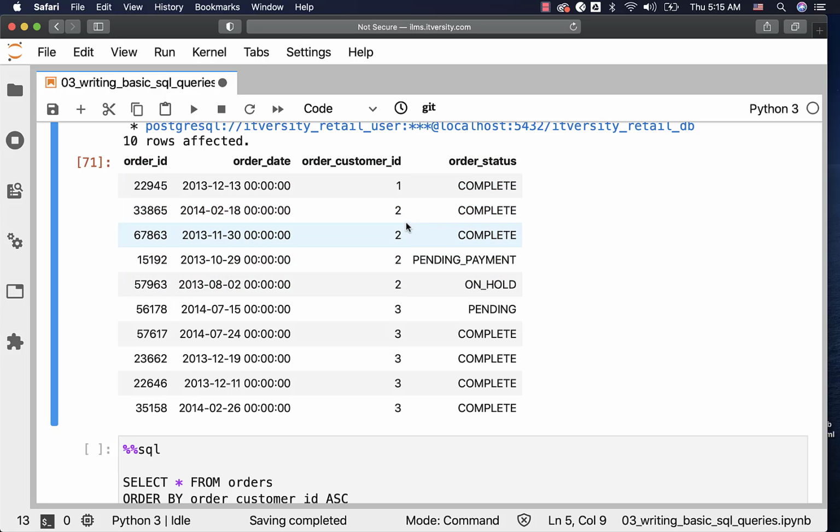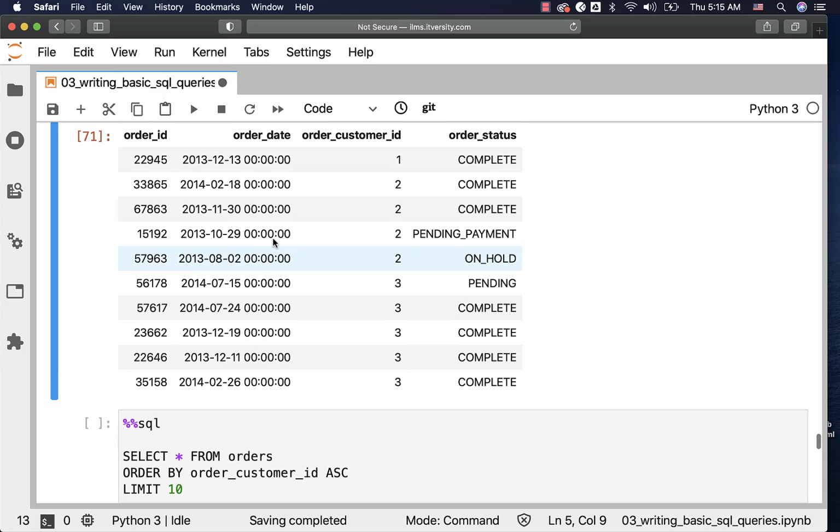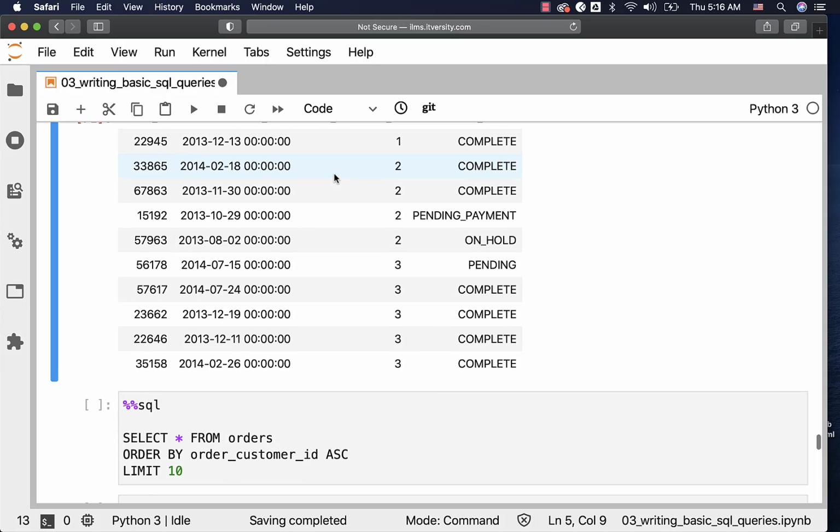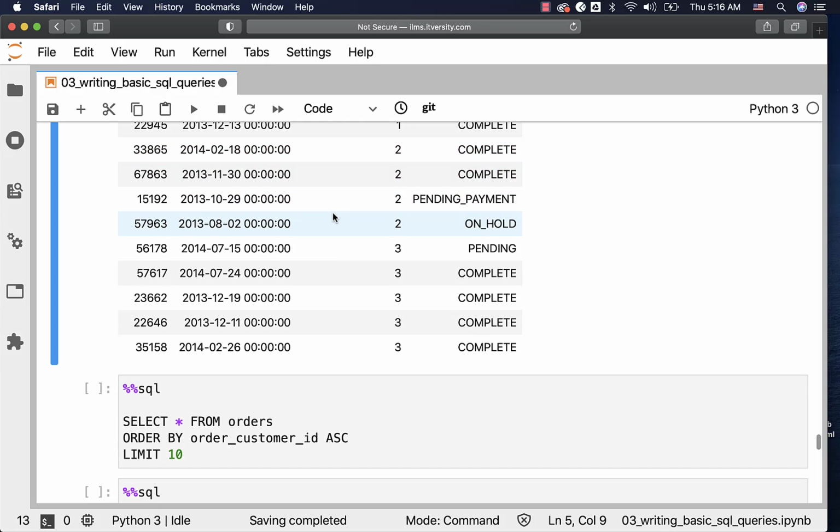When it comes to customer ID 2, there are 4 records. Even these records might be in different order when we run the same query multiple times. We will get into the details about how to ensure the data is sorted in the desired order even on data beyond customer ID. But for now, if you just want to specify ASC to sort the data in ascending order on a particular field, you can specify like this.